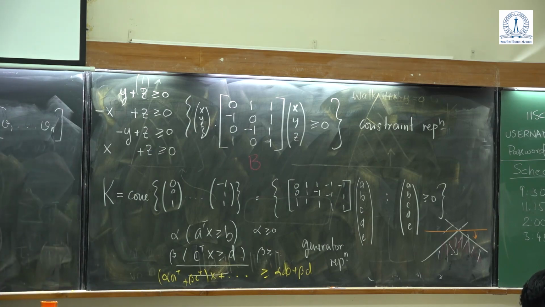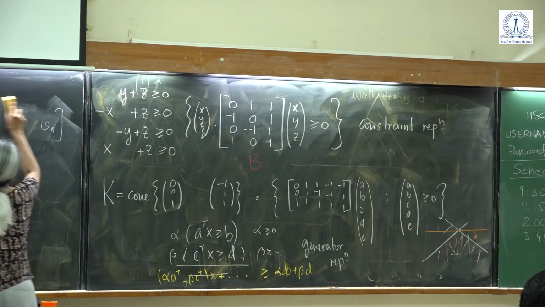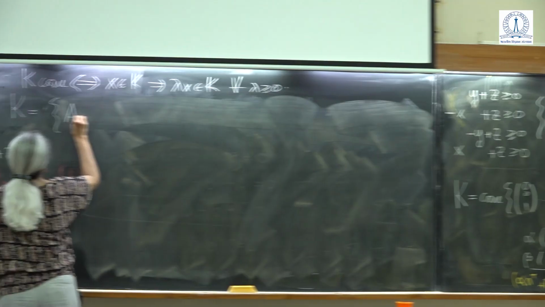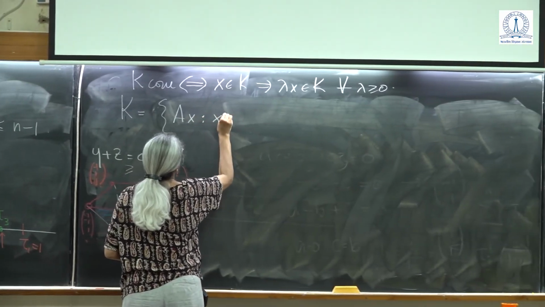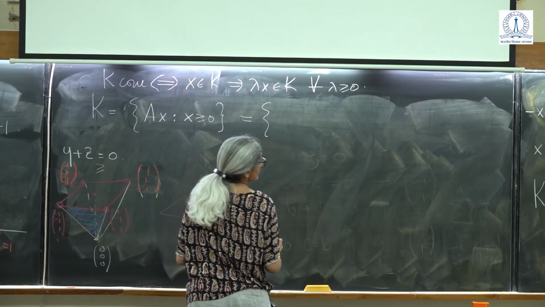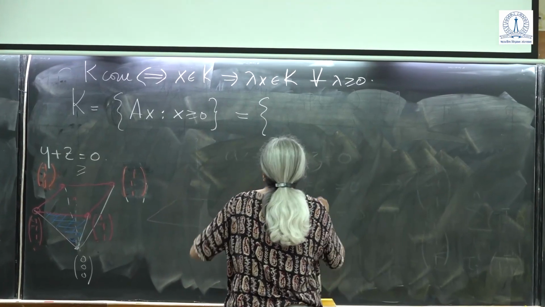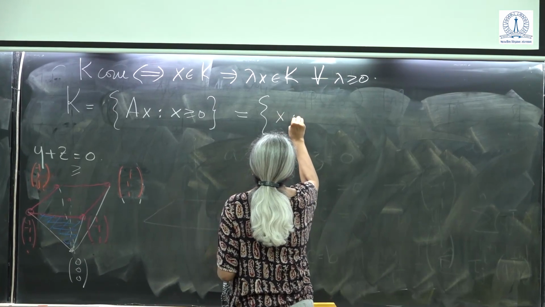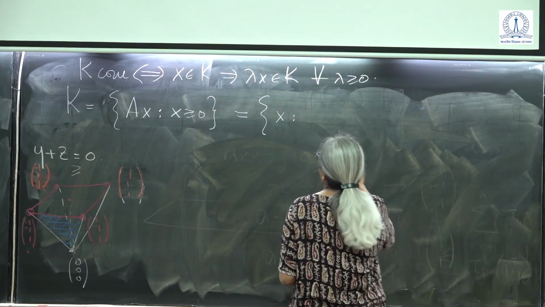Okay, so what we just learned is the following. I can write my cone in two ways. I can write every cone as, let me write it here, the collection of all Ax such that x is non-negative, or I can write this as the set of all x's such that some other thing,